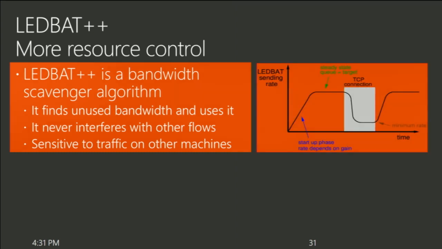So let's take a look. Got a nice little picture here. We have the sending rate on the y-axis, and then we have time on the x-axis. And you can see, as the time progresses, the LEDBAT flow sees, oh, there is unused bandwidth on the network. I'm going to go ahead and utilize it. It utilizes all of the bandwidth, not just some of it. It's cruising along. Some urgent TCP job comes along. LEDBAT senses that, backs off out of the way, and waits until it's done. When the urgent flow is done, LEDBAT senses the network and says, okay, let's go ahead and utilize all that bandwidth.